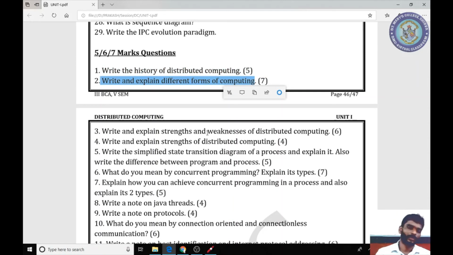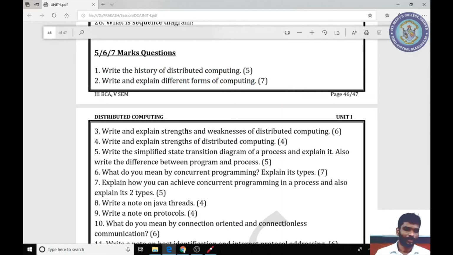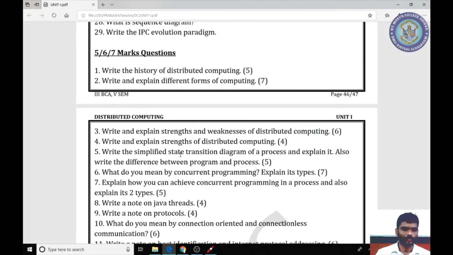Monolithic computing, distributed computing, parallel computing, cooperative computing. Then the strengths and weaknesses of distributed computing: affordability of computers and network access, fault tolerance, scalability, resource sharing; drawbacks are multiple points of failure and security concerns. That is the strengths and weaknesses.